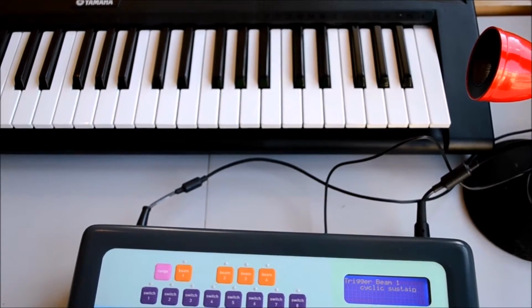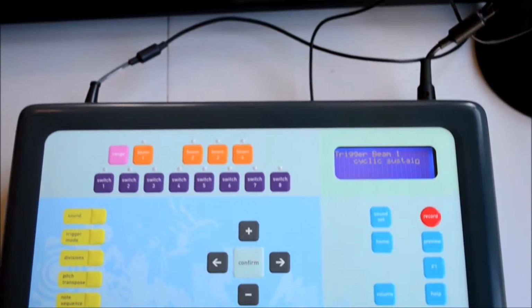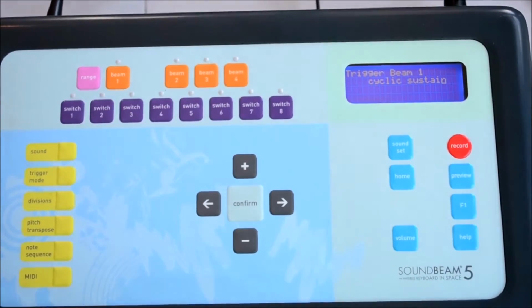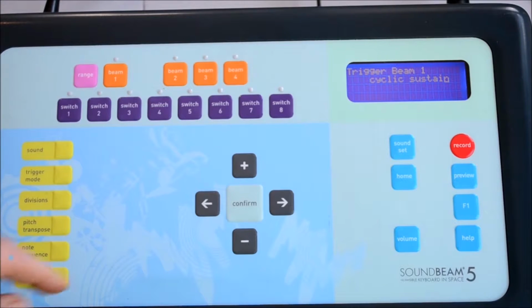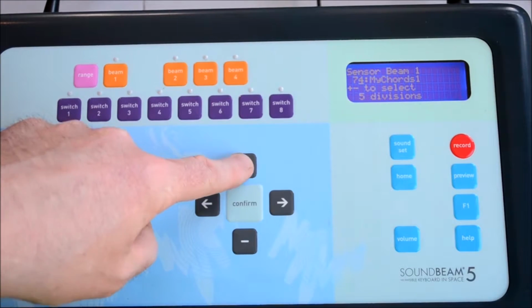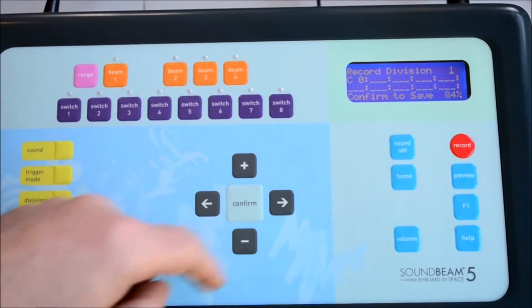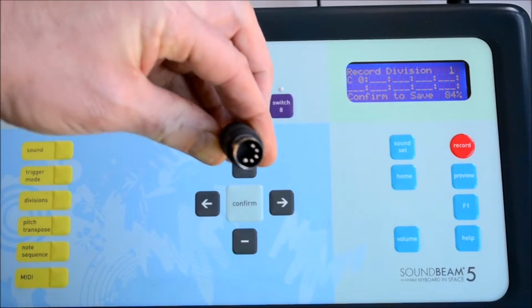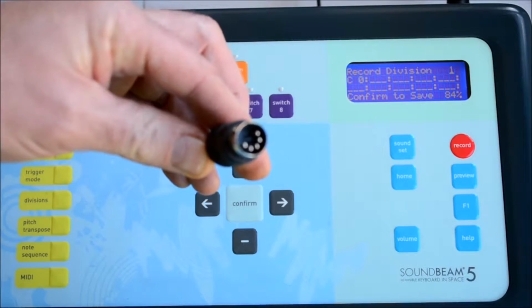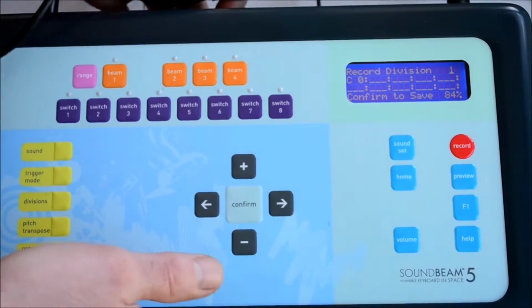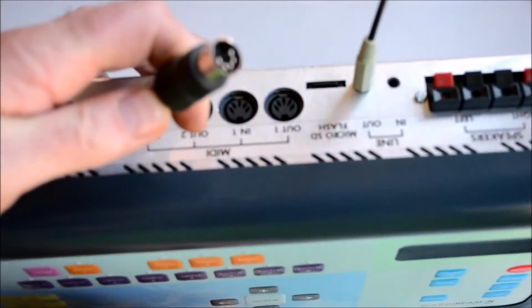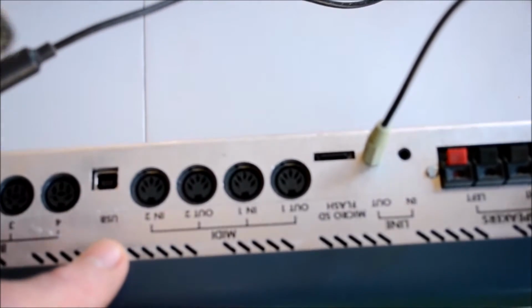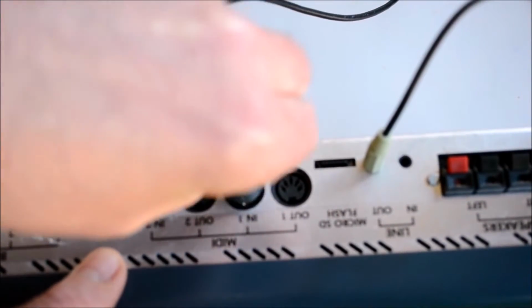If you have a MIDI keyboard available to you, we can also use that to enter note sequences. So if we select another user note sequence and page right to the record divisions page, and we have a MIDI cable and we connect it to the input of the Soundbeam 5. Here we're plugging it into in 1, and if the other end is connected to the MIDI output of the keyboard,